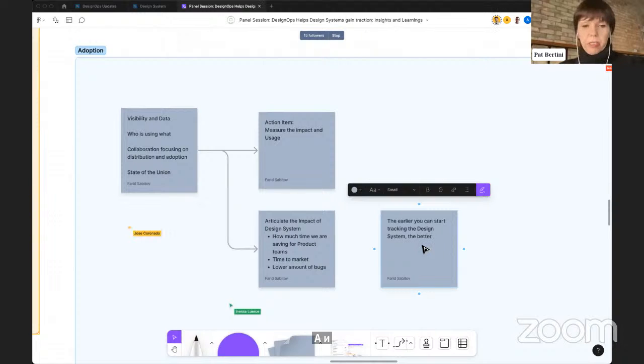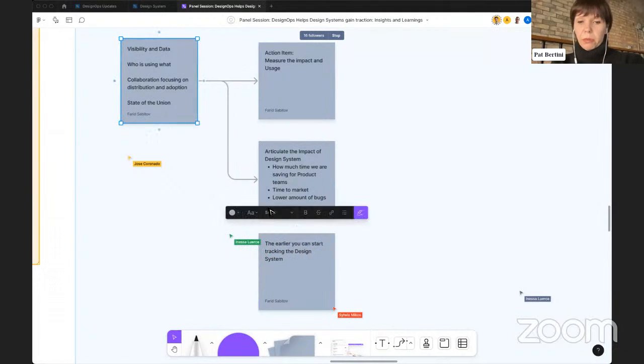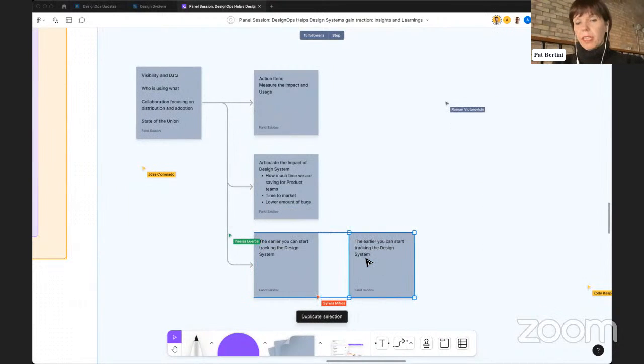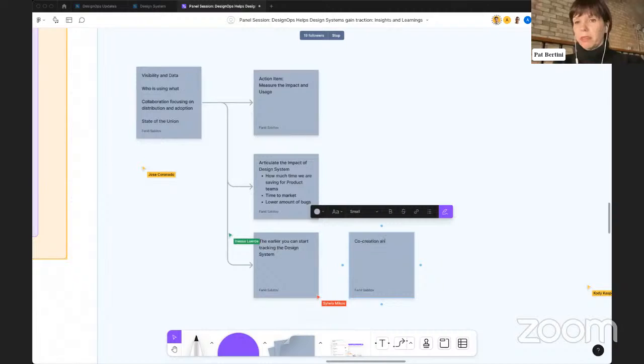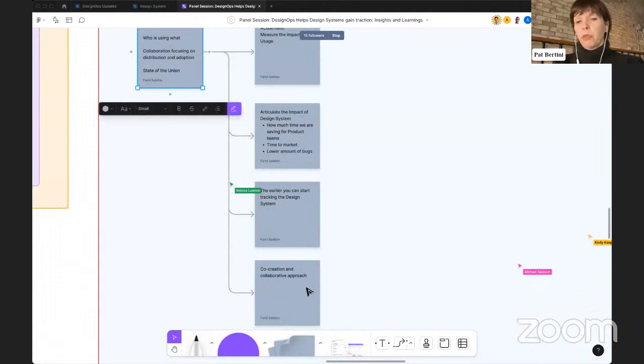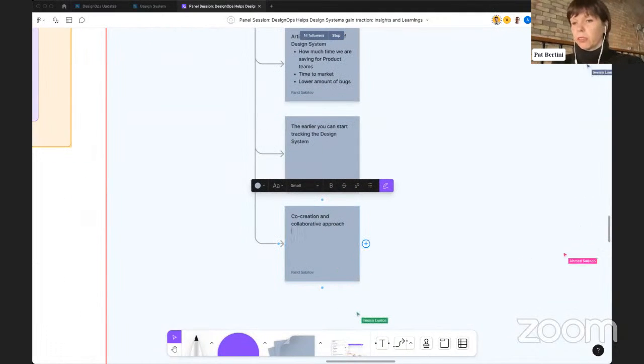And to build on all this, yes, data is everything, but adoption is behavioral. What I have seen working really well is a co-creation and collaborative approach, because nothing irritates designers or people more than being told, hey, from today, this is how you work. It's more about listening, playing back, understanding the most painful, critical small problem that a design system component can solve, so that you create satisfaction, you show that this is solving a real problem, you gain traction,